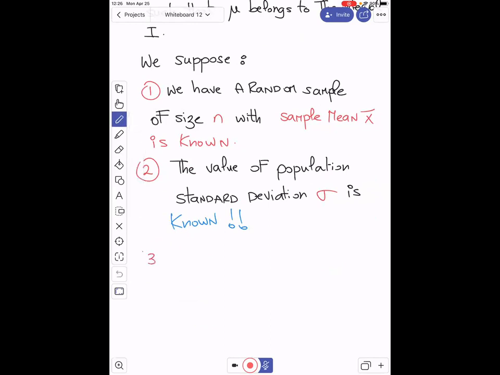A third and last hypothesis: you suppose that the variable x follows a normal distribution, then the size of the sample can be anything. But if the distribution is not normal, we require that the size of the sample n be larger than 30. So if the distribution of x is normal,